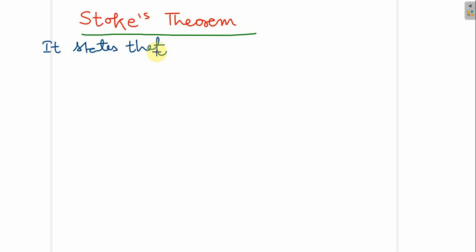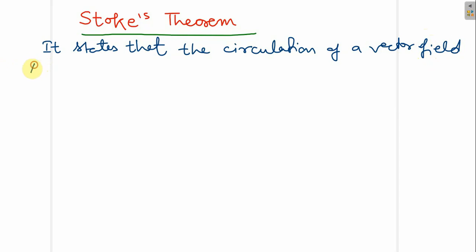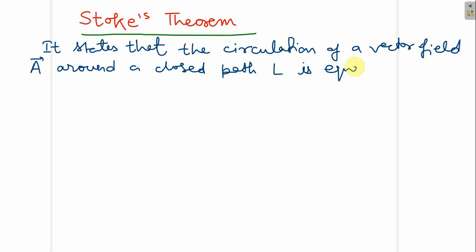Stokes theorem states that the circulation of a vector field A around a closed path L is equal to